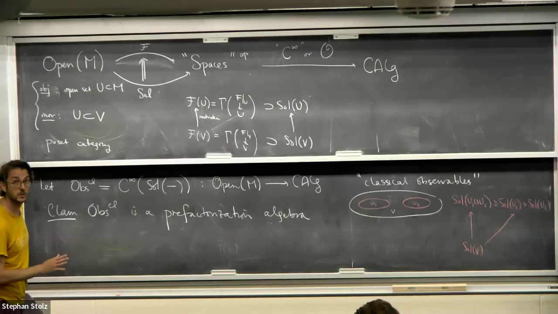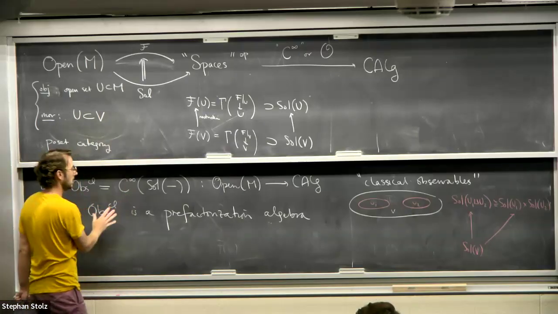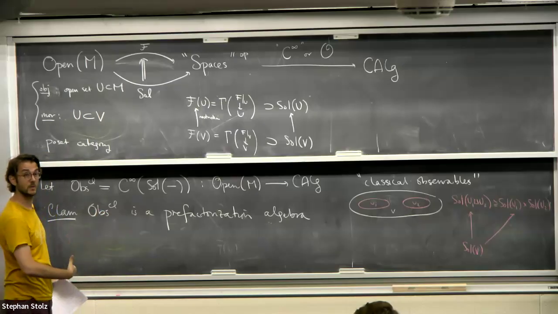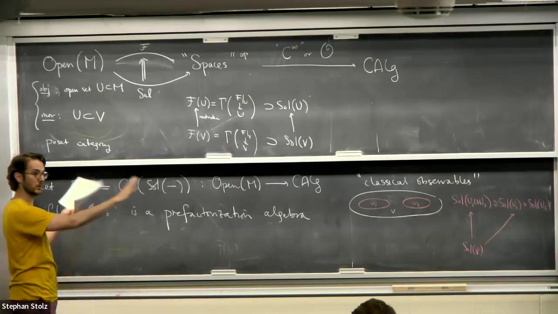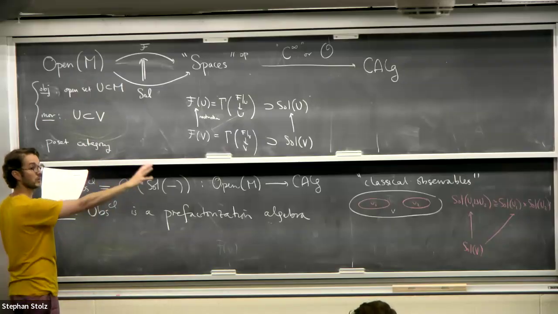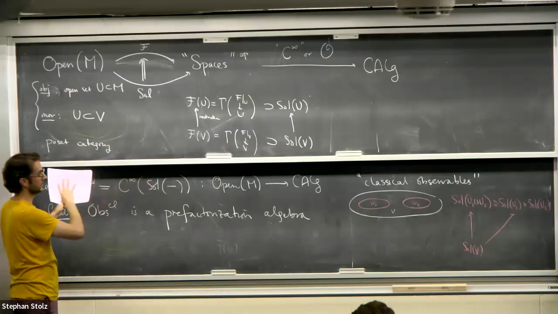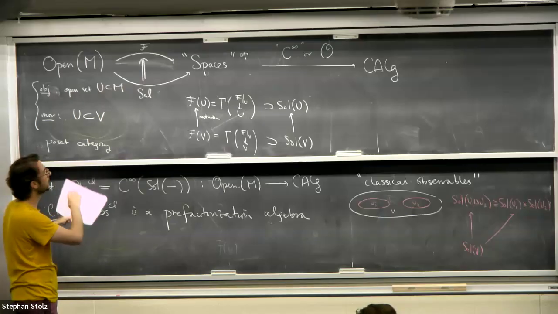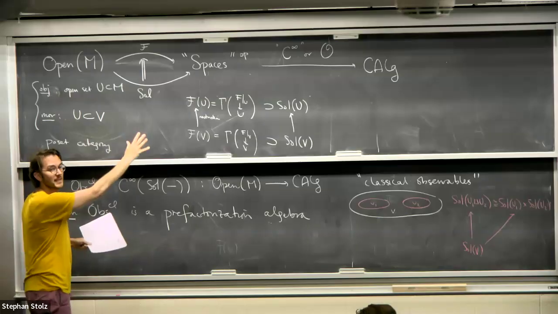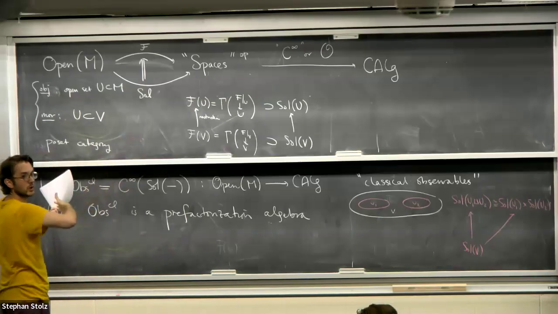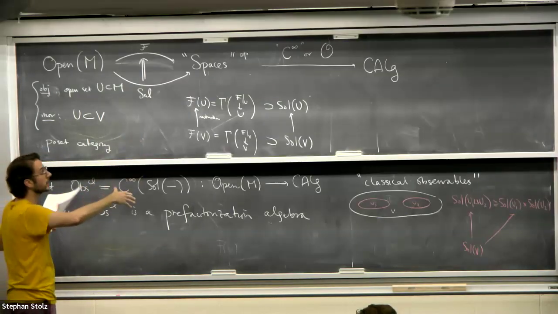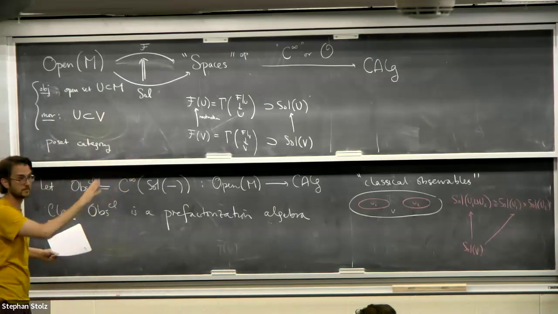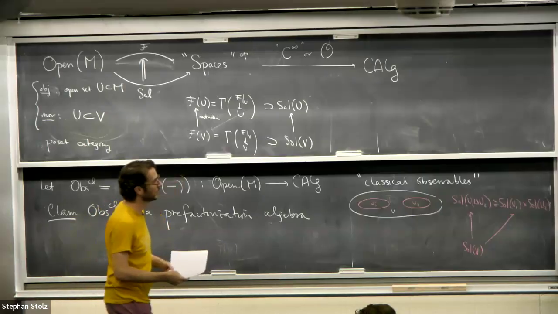What I'd like to do, just giving you a sense of why observables should be a prefactorization algebra, is talk about symmetry algebras. We talked about there being two sides of this discussion: the observables of the field theory, and the symmetry algebra, like Sym of g in the 1D case. I'd like to give a similar kind of homological, homotopical construction of the symmetry algebra as a prefactorization algebra, as a kind of model.